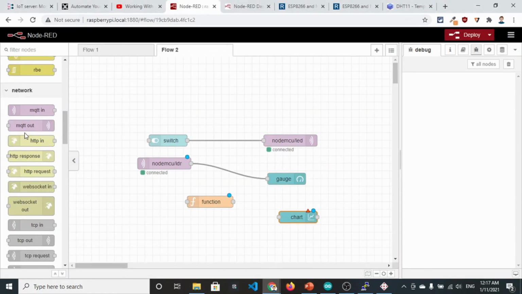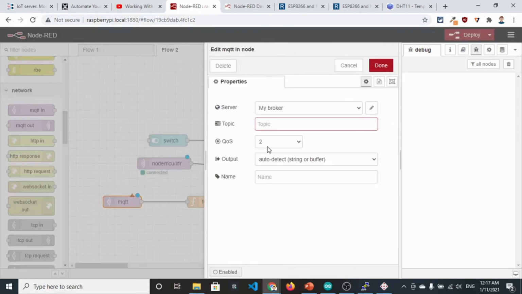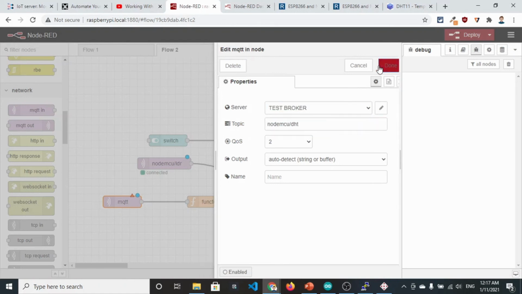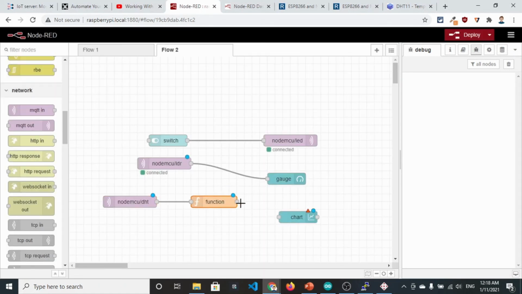It's the same thing, we just need to name the topic as NodeMCU/DHT. Okay, and the broker is test broker.